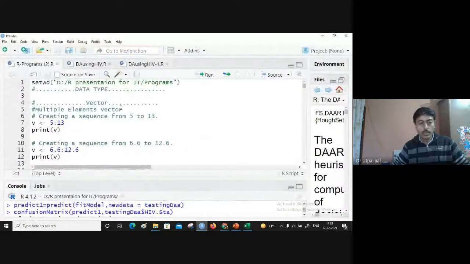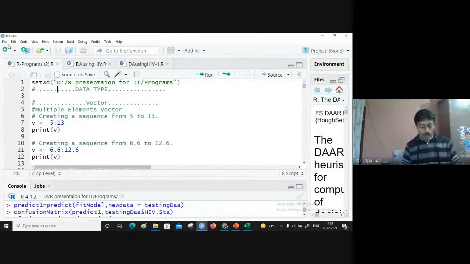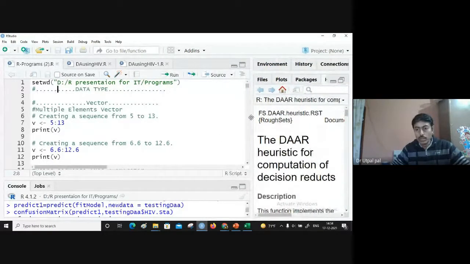About R and RStudio: R is a console, and RStudio is a tool which gives us the environment for writing programs. Writing programs in RStudio becomes very easy, and all the components will be available here. So let me give a brief description of RStudio and how you can work.